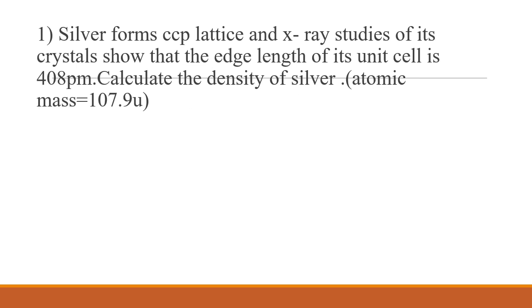The first question here. Silver forms a CCP lattice. CCP in the sense it is FCC, cubic close packing. We can also call it face centered cubic unit cell. Silver forms a CCP lattice and X-ray studies of its crystals show that the edge length of its unit cell is 408 picometer. Here the edge length is given. Calculate the density of the silver, and the atomic mass is given